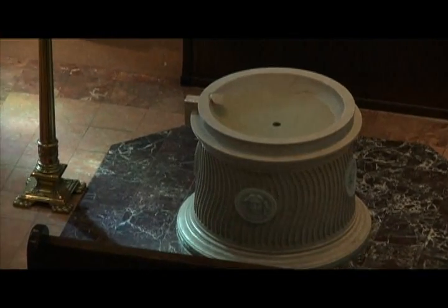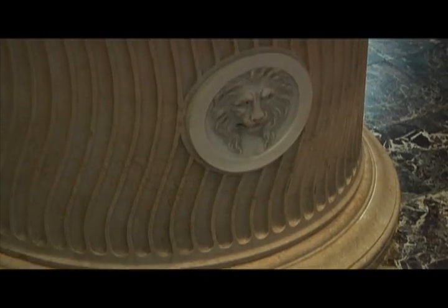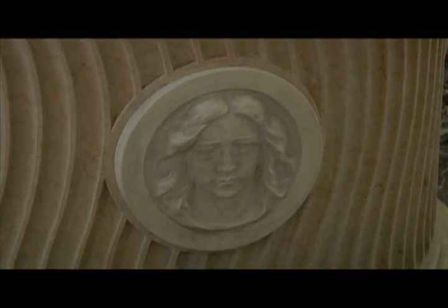Of course, we're at the baptismal font. This baptismal font was originally in the old baptistry area off on the side of the church, which we turned into a beautiful shrine room. We moved some of our statuary into there, and moved the baptismal font out into the main body of the church. And again, the lion symbol, I see. Again, the lion symbol and the other 3 symbols are the other 3 evangelists, Matthew, Mark, and